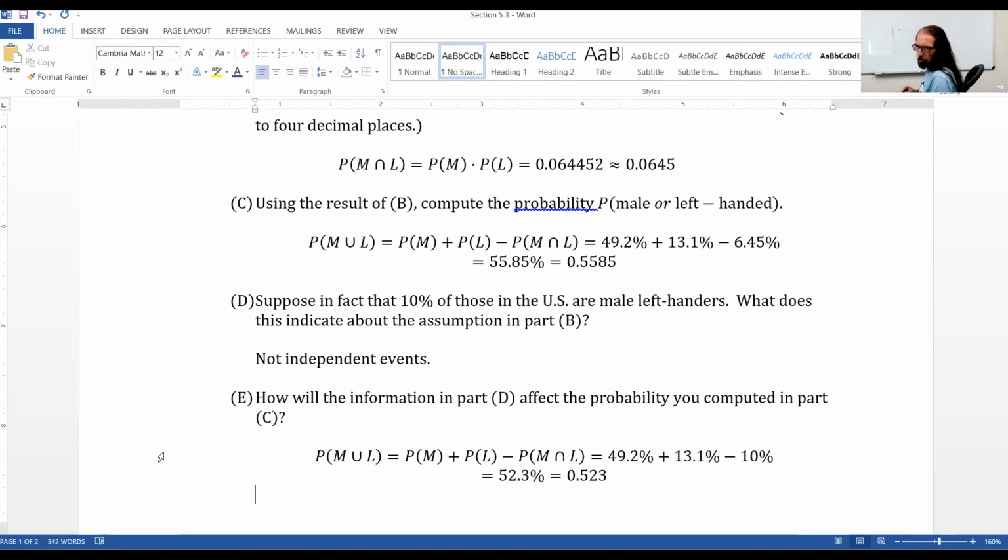If I take away the 10% that's in the middle from 13.1, then we would have the left-handers that are not male. And then if I take away 49.2% minus 10%,